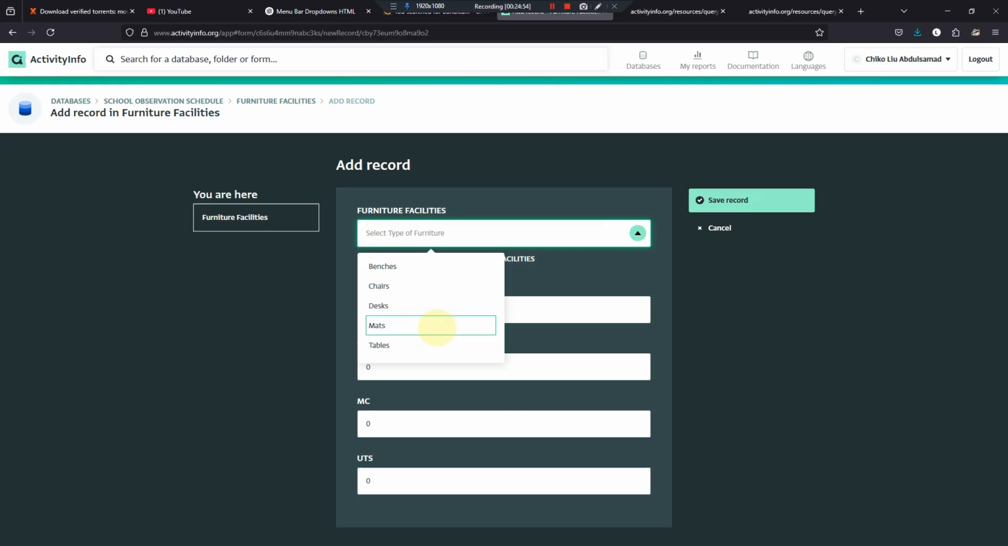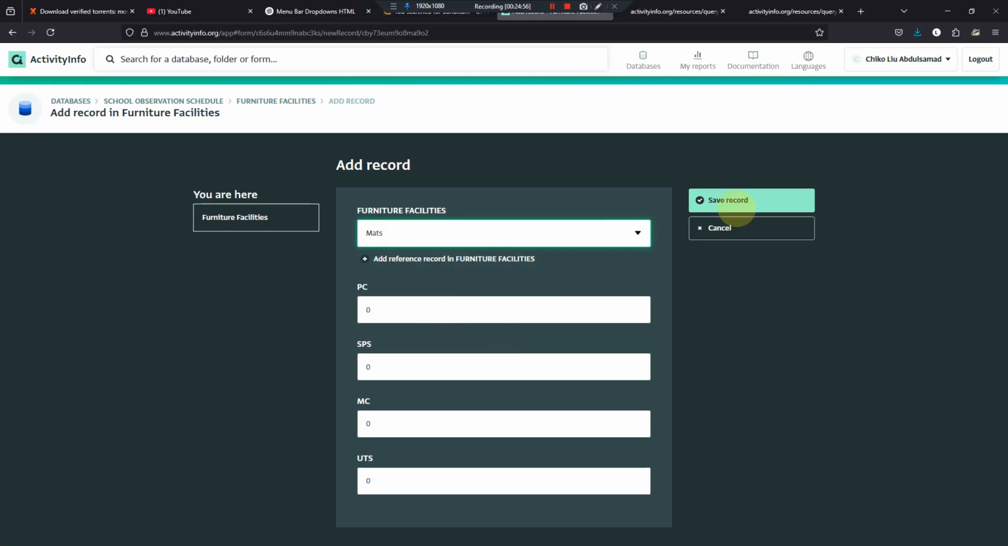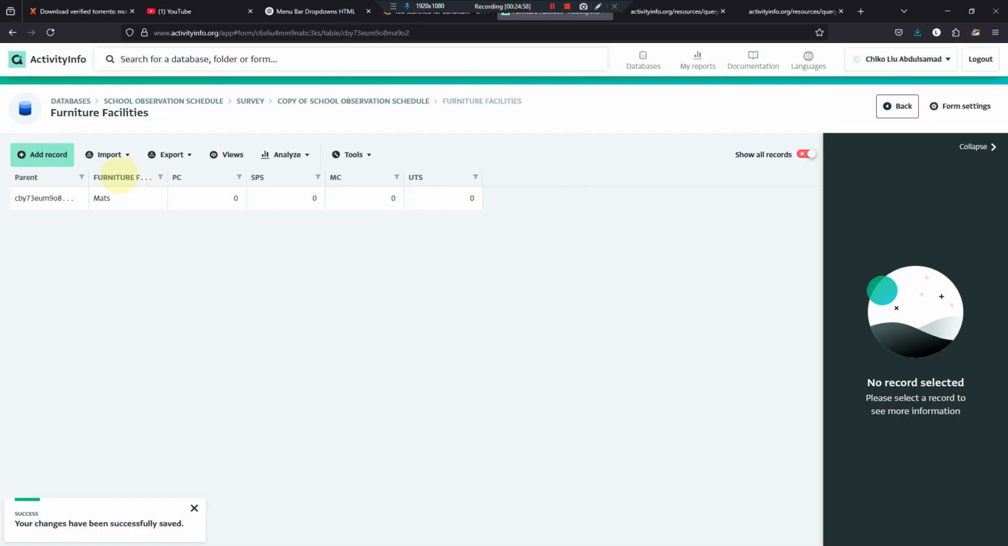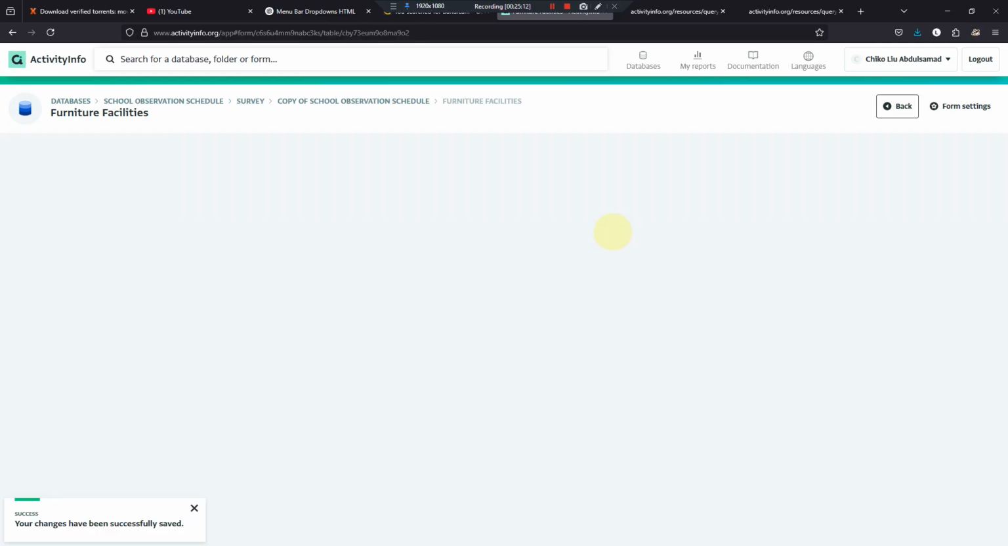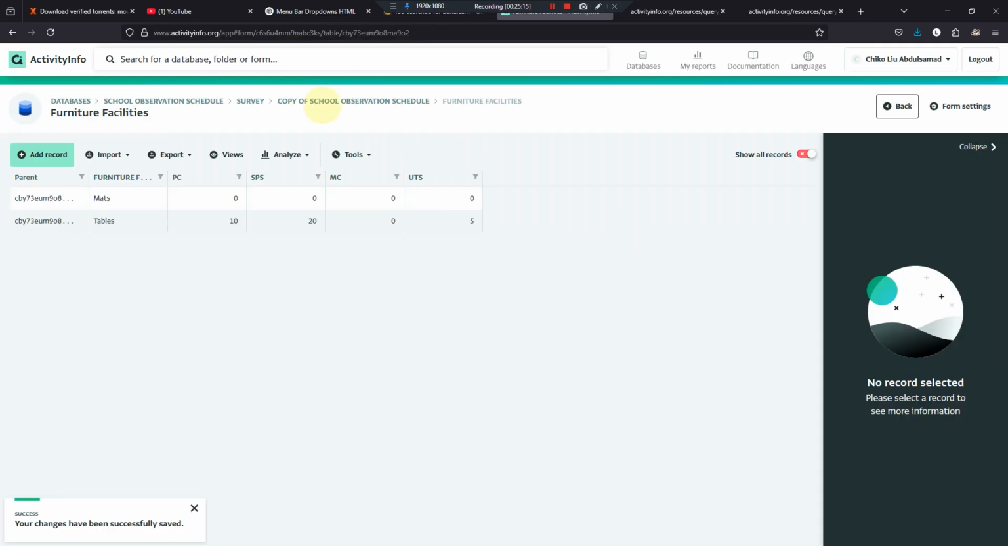I'll just add maths and maybe I'll leave them as zeros. Too lazy to type anything. And let's say tables, I'll make this 10, make this 20, make this 0, and it's 5. I'll click on OK. Now, the one good thing with this is since I've entered a particular